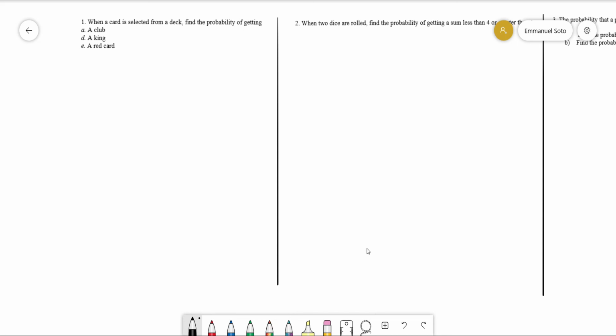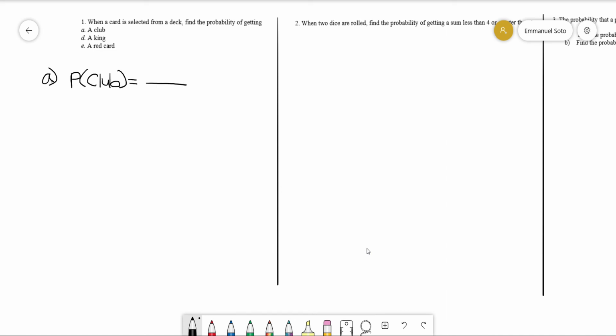Hello guys, today we're focusing on the chapter 4 corrections, so basically the solutions for the chapter 4 assessment on probability. So let's look at the first one. We're asked to find the probability of getting a club if a card is randomly selected from a deck. So note that for part A, we want the probability of club,